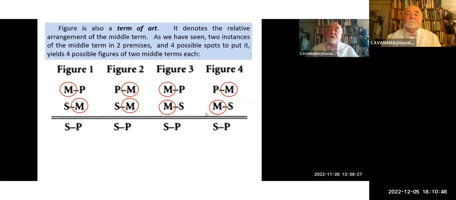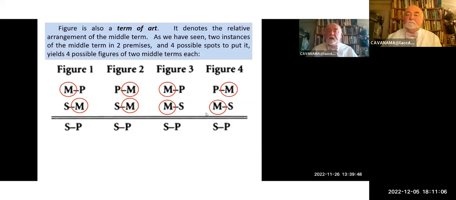This one denotes the relative arrangement of the middle term, and there are four possibilities. So I've circled them here. You can see figure 1 has the middle term occurring as the subject term in the first premise, but the predicate term in the second. Whereas figure 2